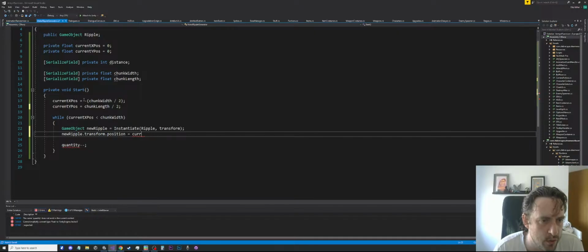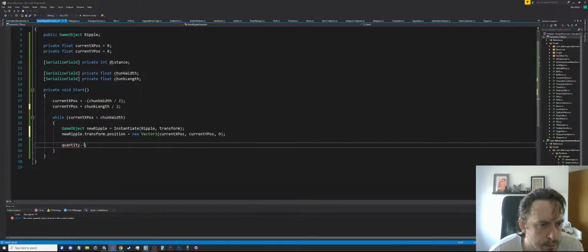So yeah, new, and 0. And then it would be current xpos plus equals,